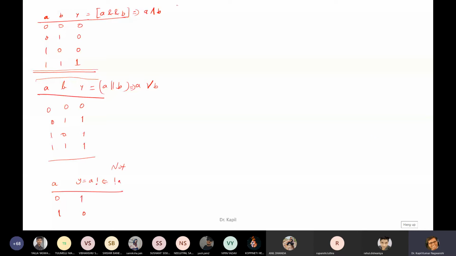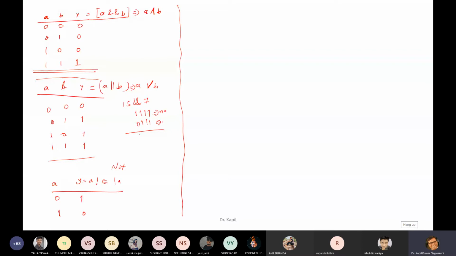All these operators are cumulative. Cumulative means, suppose I am writing 15 and 7. What is the value of 15? 1, 1, 1, 1. What is the value of 7? 1, 1, 1. What is the output? If we go bit by bit, it will give you 0, but it is not like that.